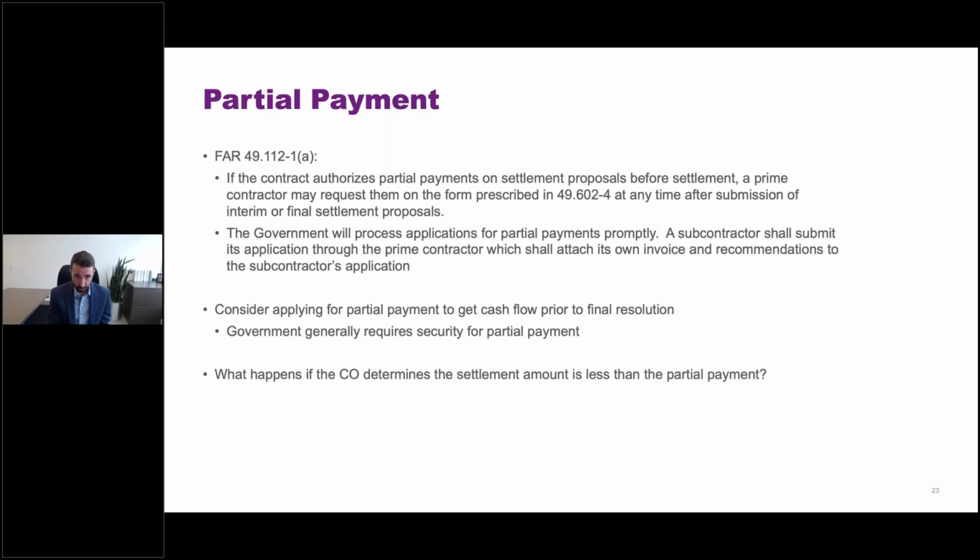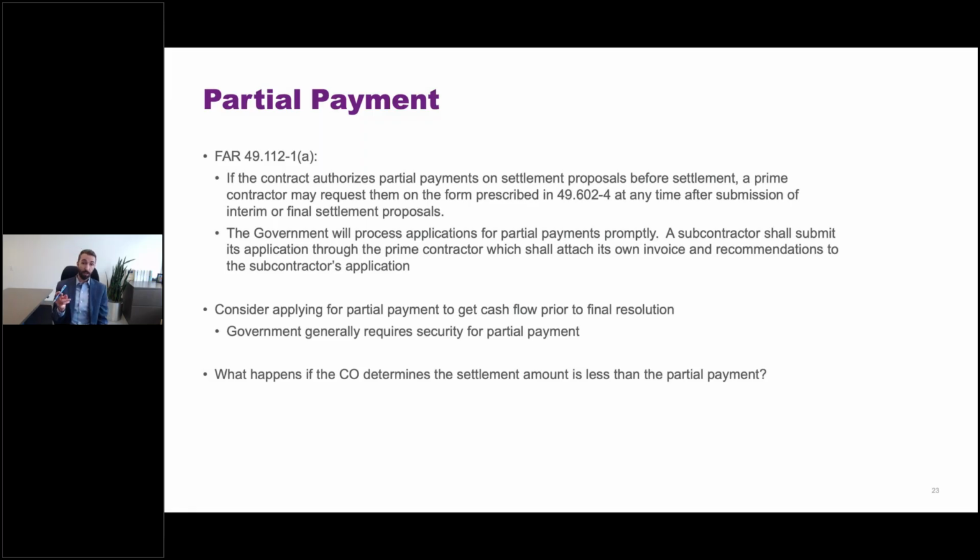So, the government, though, ultimately has discretion on deciding this, and that discretion is important because, well, for many reasons, right? The discretion is critical. It's the government's judgment. But if in the final resolution of the settlement, there's a determination that the amount due is less perhaps than the partial payment, then you can be in a situation where the government needs a refund, right? So everyone should be really mindful. If you're requesting partial payment, what's the amount justified? Is there any chance that there's going to be a final settlement that's for less than the partial payment amount? Because if so, you can expect the government to request repayment plus interest.